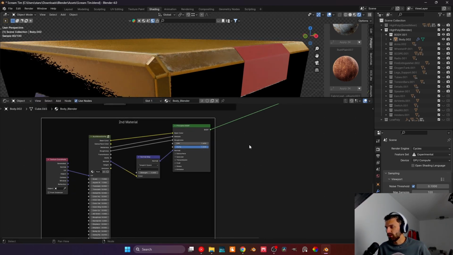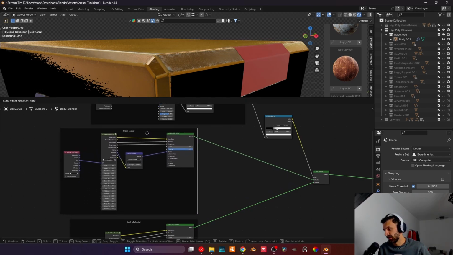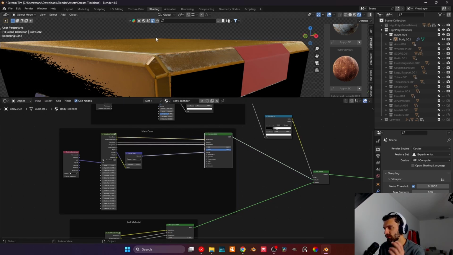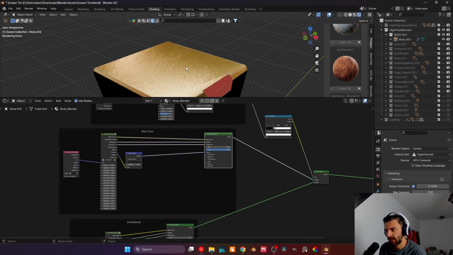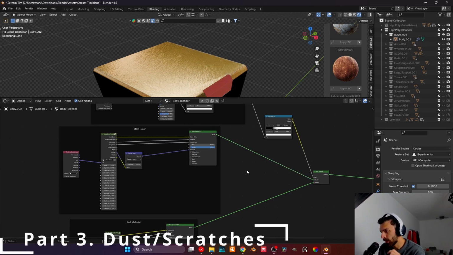Now with this out of the way, I want to go back to my main color here and do something to this. So as we see, we do have enough of what we want, right? This should be in theory enough. However, we can do a little more with it. And what I mean by that is, we can come in here,